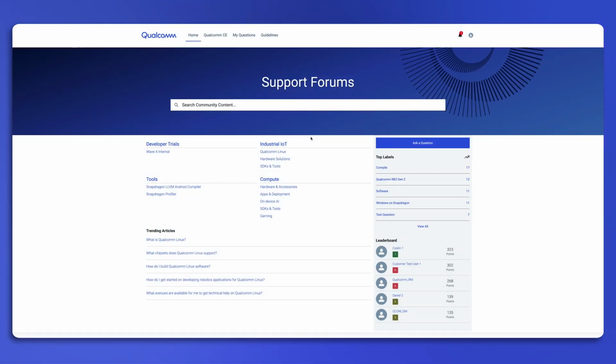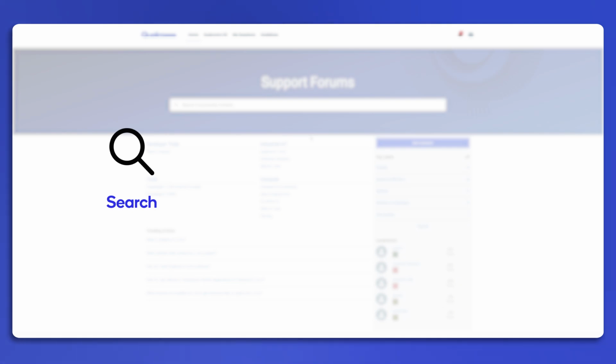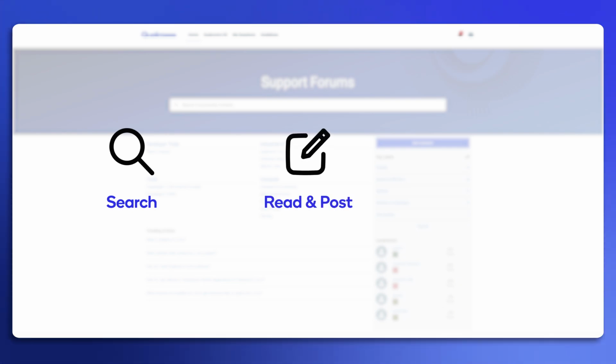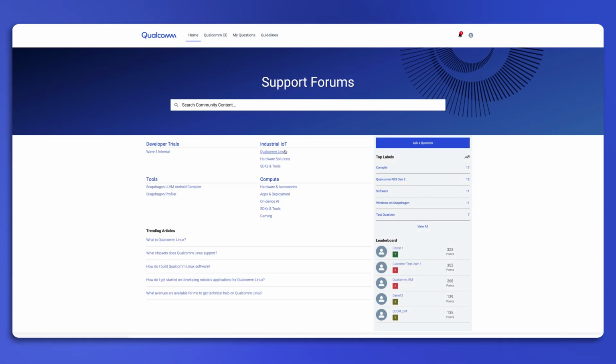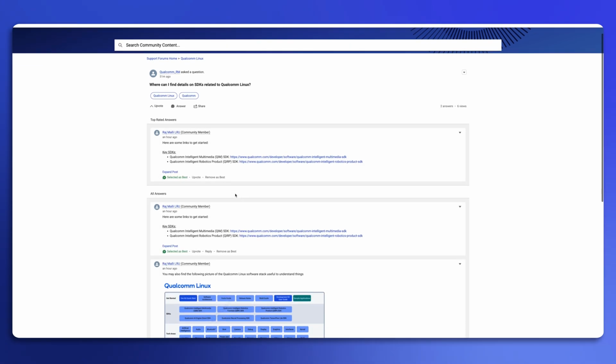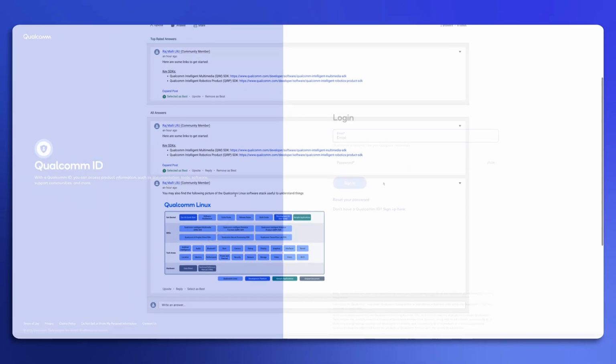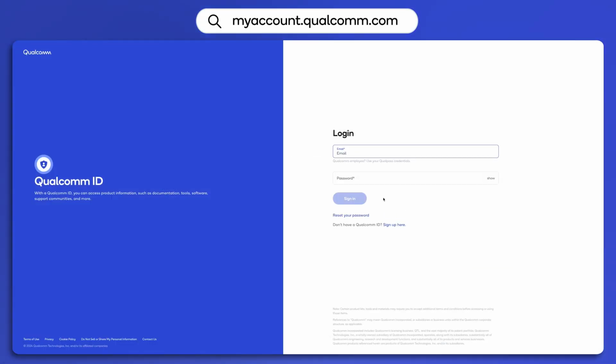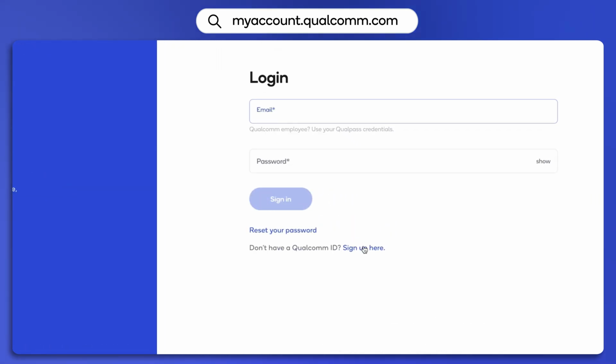This support community provides a place for users to search for information related to Qualcomm products and services, read and post about topics of interest, and learn from one another. Participating is free and easy. Anyone can browse the content in the community without logging in. If you'd like to ask a question or reply to someone else's question, you will need to create an account